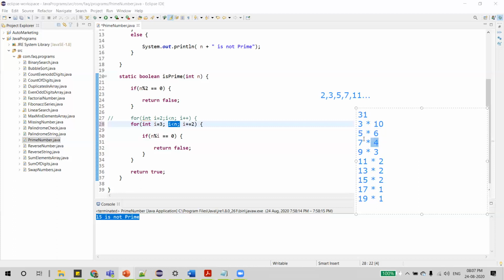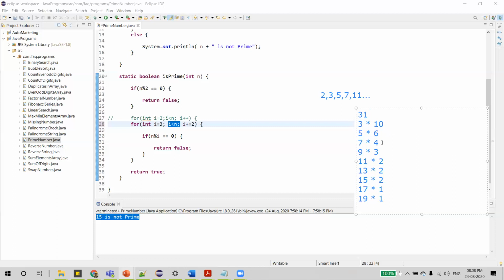Where should we stop the iterations? That is what we are discussing now. 5 into 6, so this is 5. But when the I value is increased, the multiple is decreased. We can clearly see here, if the I value is greater than the multiple, we can stop here. Till here it is fine, as in these two cases the I value is less than the right hand side multiple. Till here we can loop it. Once the I value is greater than the multiple, we should stop it at this condition.